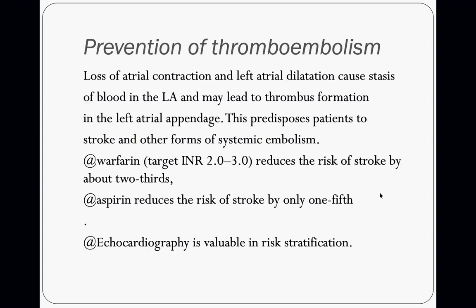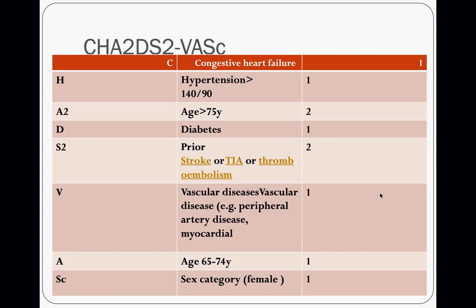Echocardiography is a valuable risk stratification. How do we know that the patient has high risk of thromboembolism and we should prescribe anticoagulant for him, or low risk of thromboembolism and we should not use warfarin but use aspirin instead for him? By the use of CHA2DS2-VASc score. What is the CHA2DS2-VASc score? Next slide. The score asks the patient whether he has congestive heart failure, hypertension, or age more than